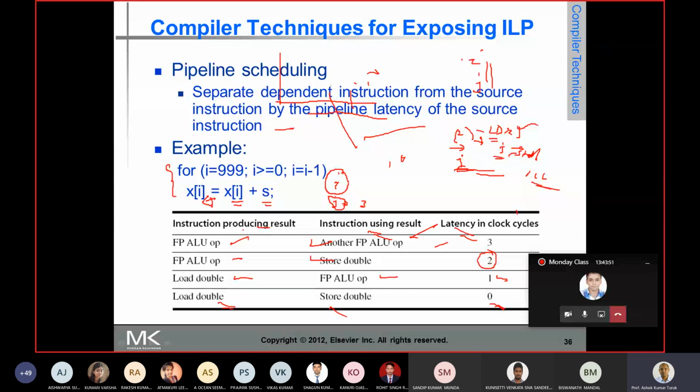Now, let's take any iteration. Let's take i as 2. So it says x2 is equal to x2 plus the scalar. Now if we take x1, it is x1 plus the scalar.